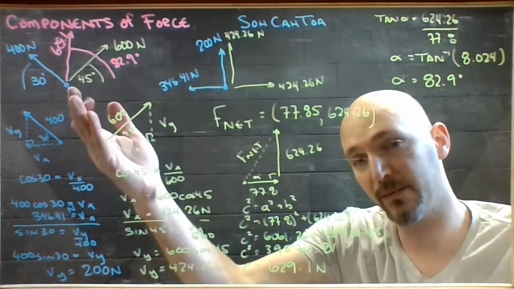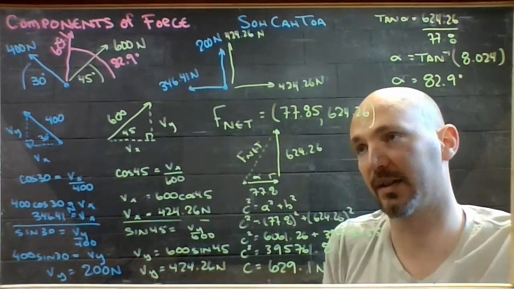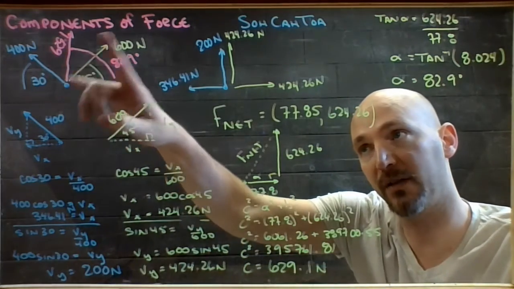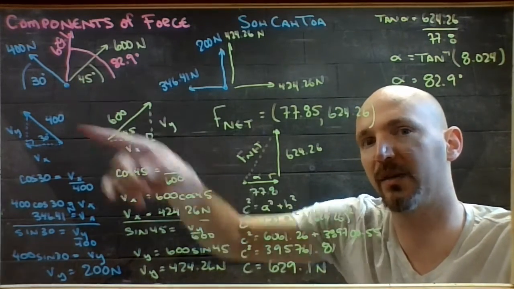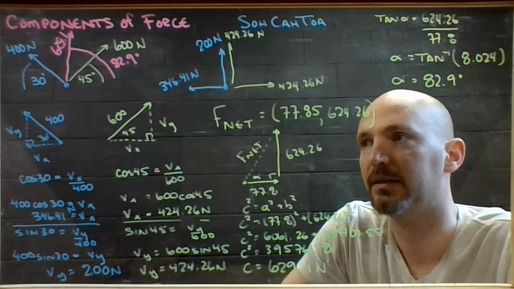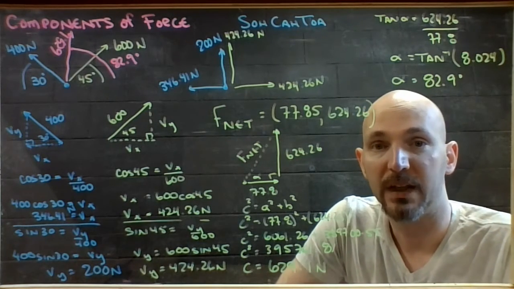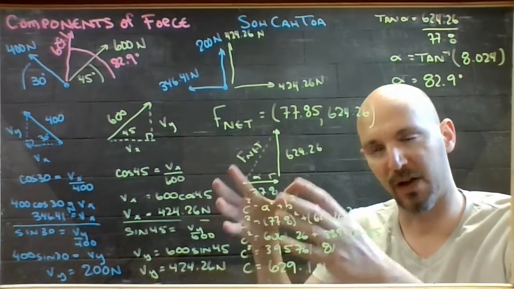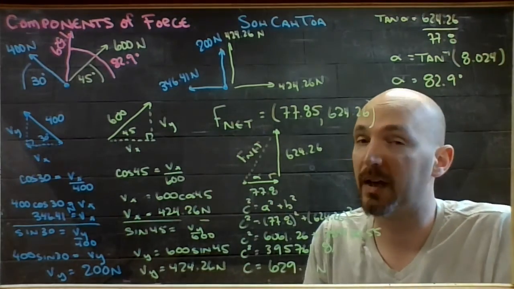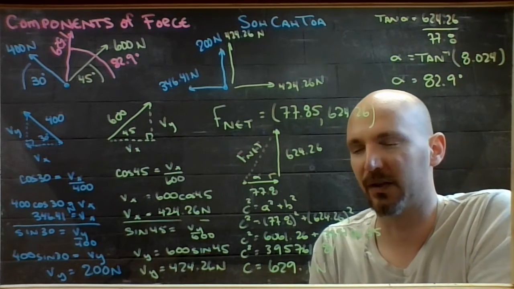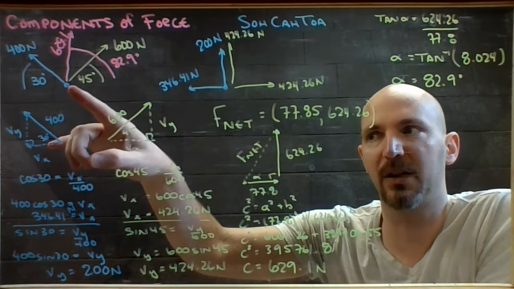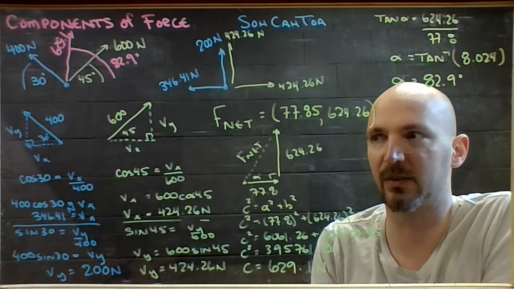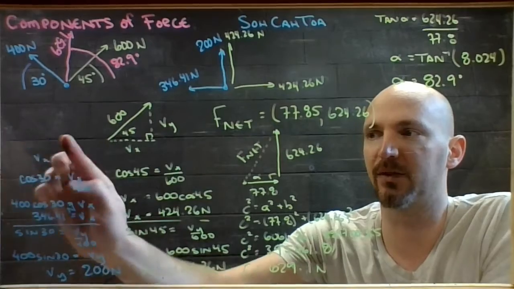So this object is going to drift a little bit towards the 600 newton character. And it's going to be pulled harder than 600 newtons, but not so hard as the two of them added together. When you go to do the practice problems, they are phrased using a particular apparatus that you may or may not have access to. And so the questions ask, how much force would you have to apply in order to balance these two things? And so the answer to that, after doing all of this work,